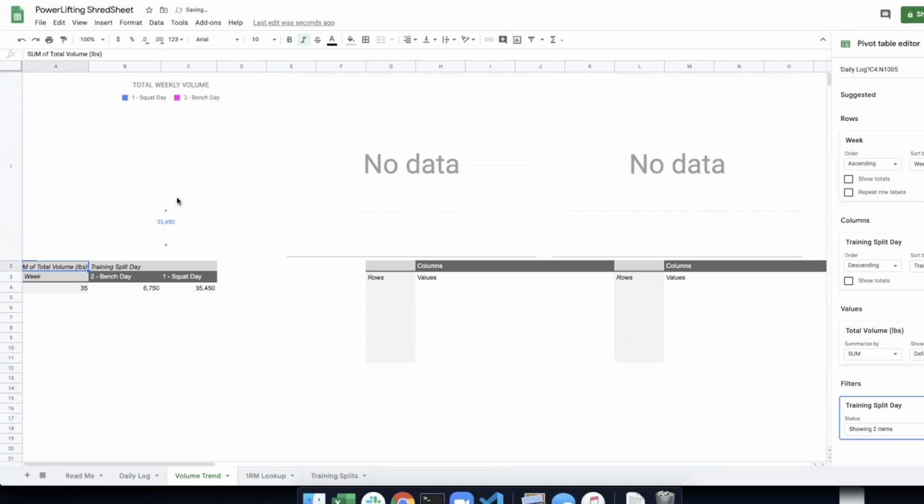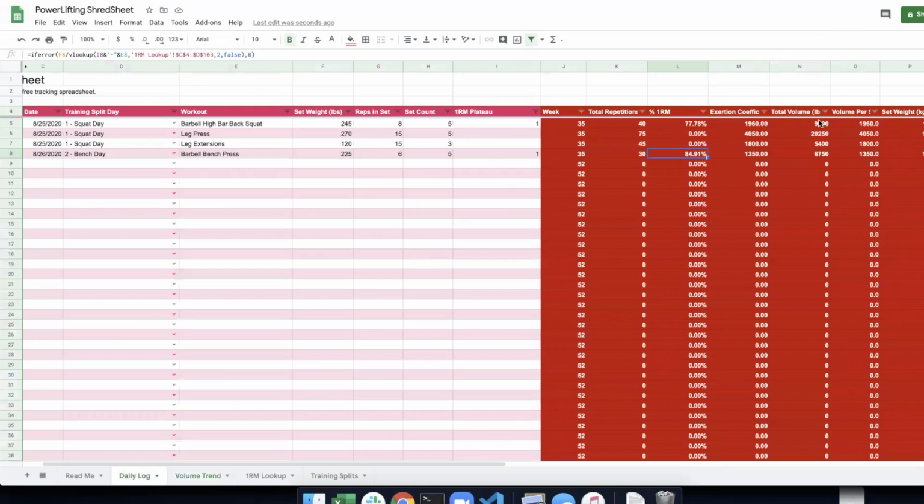And now I have my first 2 values. I have my squat day value for volume, and I have my bench day value for volume, and it's all still the same week. But I have my bench day represented here. Total volume is 6750, squat day 35,450. If I go to my daily log and I look at my total volume here for squat day, I can see that sums up to 35,450. And if I look at my bench day for this week, so this is week index 35, I've got 6750,